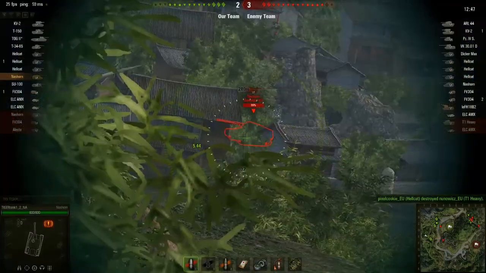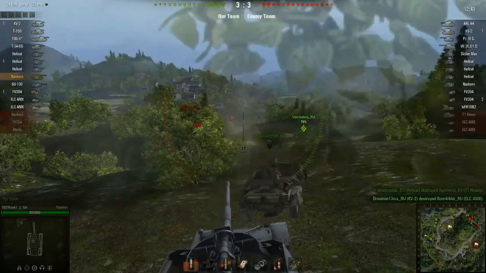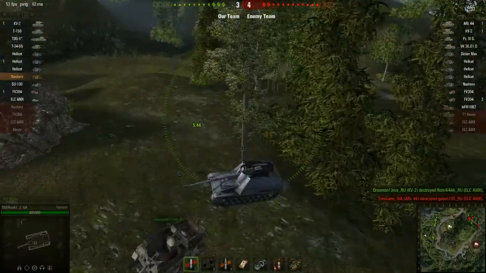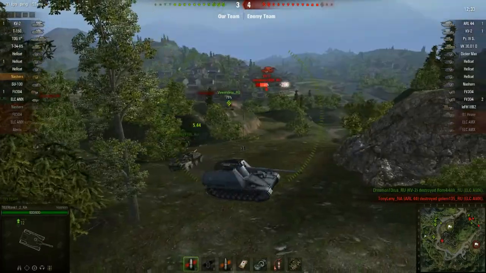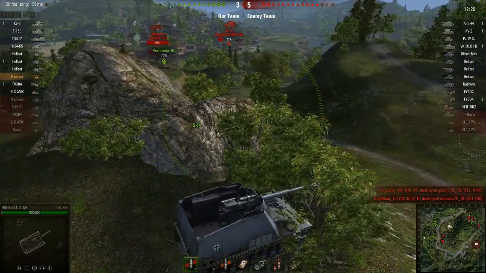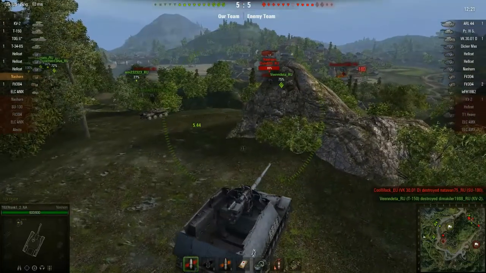And I have some freaking stupid frame rate drops. I do not know why I have these, but I just do. And I'm just gonna take some cover, get some pop shots out. And I'm afraid that they could be flanking from the right side pretty soon. So that means I have to turn the side and look over to the right side, and there's a KV-2, and I hope he's not aiming at me,